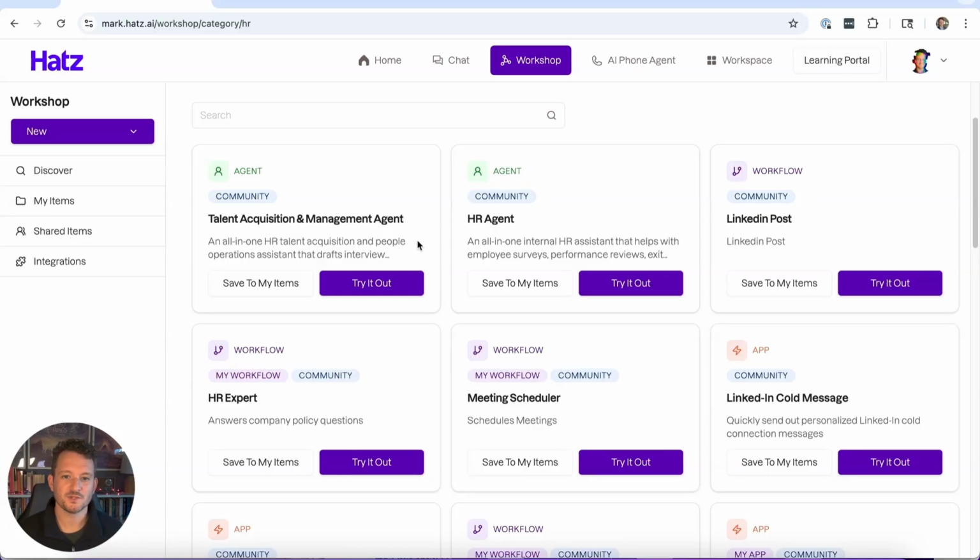These things are pre-built, so they're low effort. All you have to do is maybe make a few tweaks, edit a few output formats and how you want them to behave. Just change those prompts in natural language. But they're going to work in a certain way that you don't have to spend a lot of time building. But these are for processes that are already existing in your company and happen repeatedly. The HR expert, for instance, will check out your company docs, your HR documents, company policies, and answer questions about them. You can share that with a lot of people at your company, and it will help many people. So high value, but low effort, because most of it's pre-built.